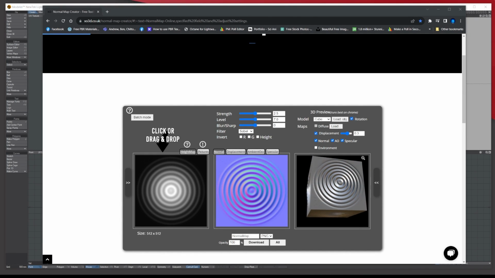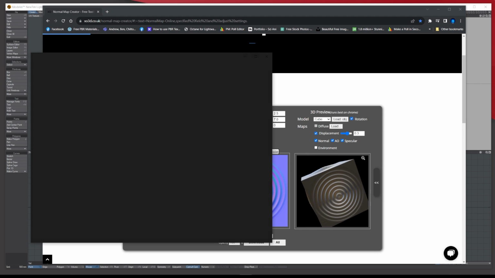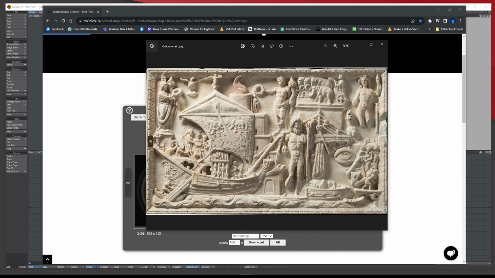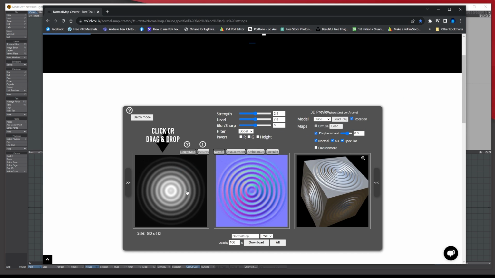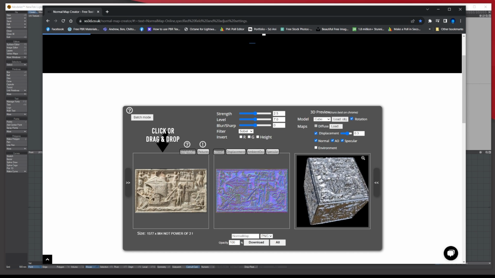So before I started, I went on the internet and I found an image, this one, that I just downloaded and cropped a little bit. It's not cropped amazingly. I'm just going to use this as a guide, so you can go and get whatever image you want to use. So in here, the first thing I do is drop that image in. You just literally drag and drop it in here and it will add it.